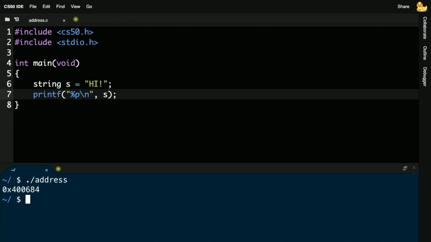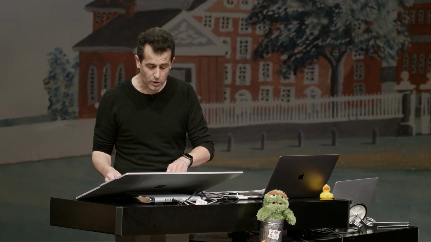And interesting. It's not the same as before, but that's reasonable because the memory addresses aren't going to always be the same, but it doesn't matter what it is. But that's kind of interesting. All this time, anytime you've been using strings, had you just changed your %s to a %p, you could have seen where in memory that string actually starts. It's not functionally useful to us just yet, but it's been there this whole time.